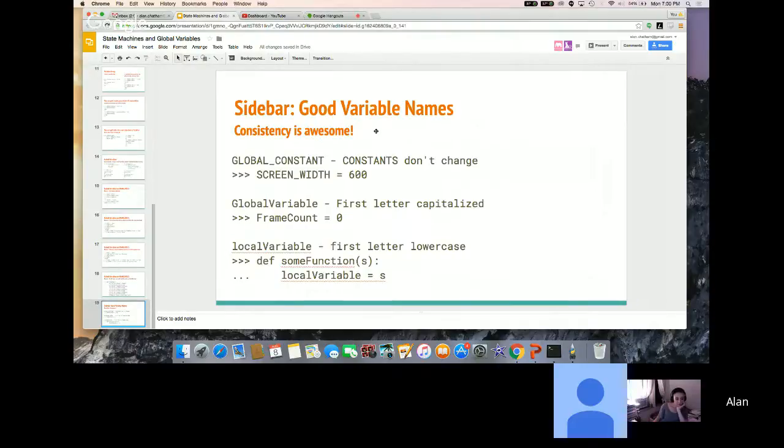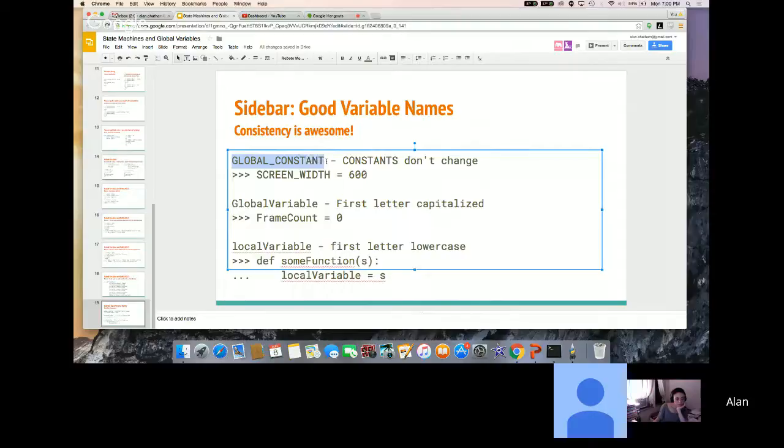Naming, I've hit this a bunch of times before. It's super important. A really common pattern is this: a lot of times you'll have constants in your code, numbers that don't change, things like the screen width, or a variable for the maximum number of people who can be interacting with your thing at one time. You might have something like max users. Those are values that exist and your code will use them to compare things against, but they'll never